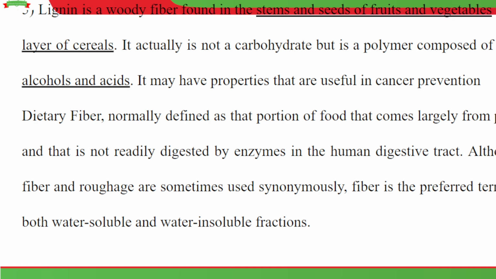Lignin, wow, this is the woody fiber found in the stems and seeds of fruits and vegetables. All of us, at some point, have seen a cut tree or have cut a tree. Whatever you are cutting on the stem, that's exactly what lignin is. Very hard, packed together, looking like small rings joined to each other. It's actually not a carbohydrate, but a polymer composed of